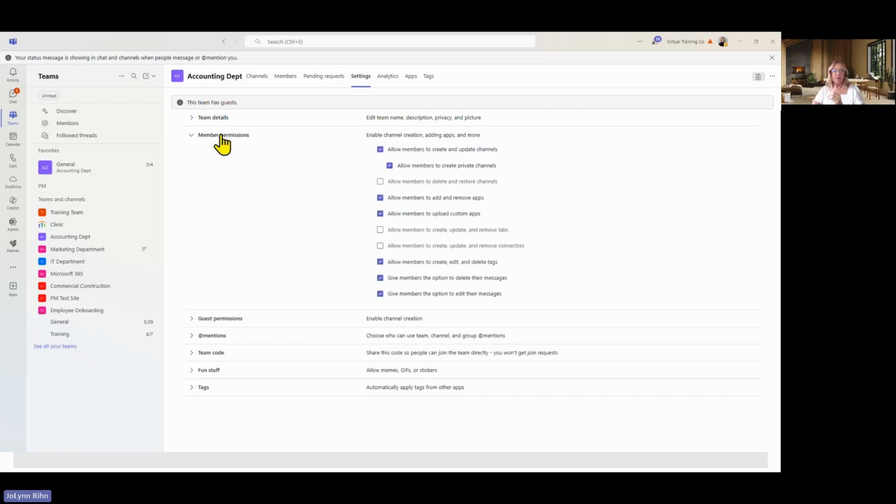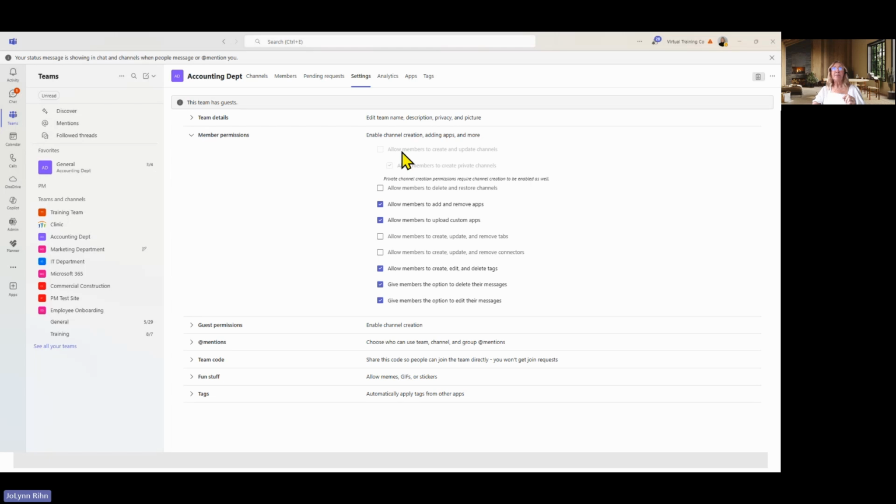every time a team is created, every one of these options for member permissions is checked. Not all of mine are checked right now because I don't want all these checked. If you look through this list, it is shocking to me the things a member can do that I don't think they should. Allow members to create and update channels. Allow members to delete and restore channels. Allow members to add and remove apps, allow members to upload custom apps, allow members to create and update and remove tabs, which are apps going across the top,